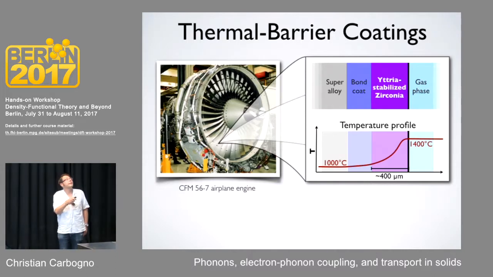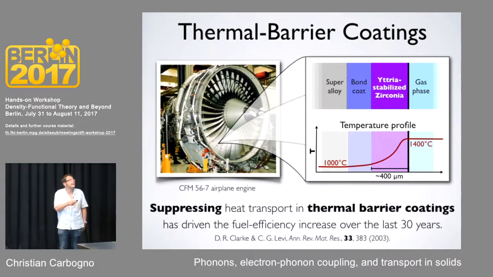On the other hand, what you can do is drive up this operational temperature. As a matter of fact, this is a process that has been driving fuel efficiency increases over the last 30 years in any turbines. So due to this insulating layer, people have been able to increase the operational temperature. Just for a Carnot argument, each 100 K you gain in combustion temperature gives you roughly 1% in fuel saving.